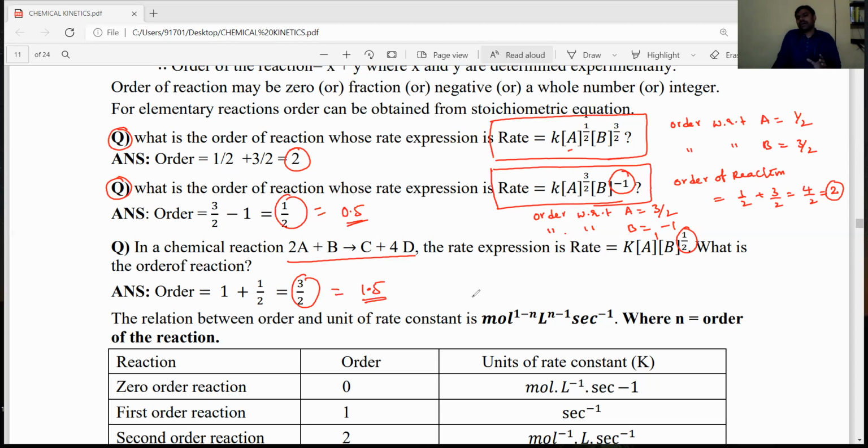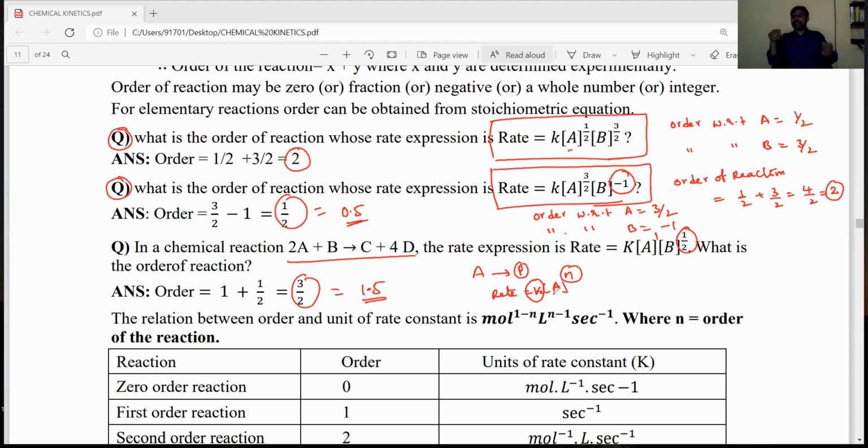Okay, dear students, now generally consider that A is converted into products. For this equation, the rate is equal to K into concentration of A to the power of N. Then N is called the order. The units of K depend on the N value. If the N value is 0, then the reaction is called a zero order reaction. If the N value is 1, the reaction is called a first order reaction. If the N value is 2, then the reaction is called a second order reaction.